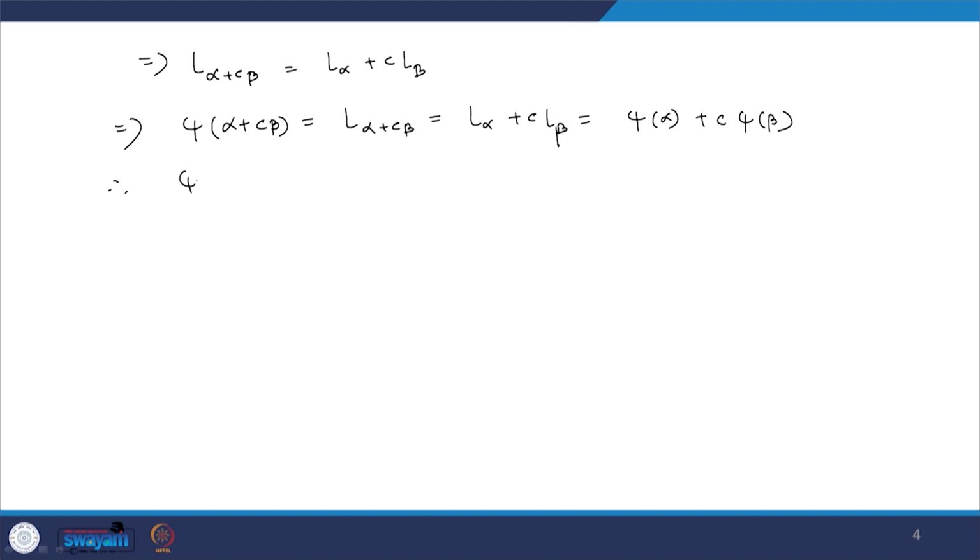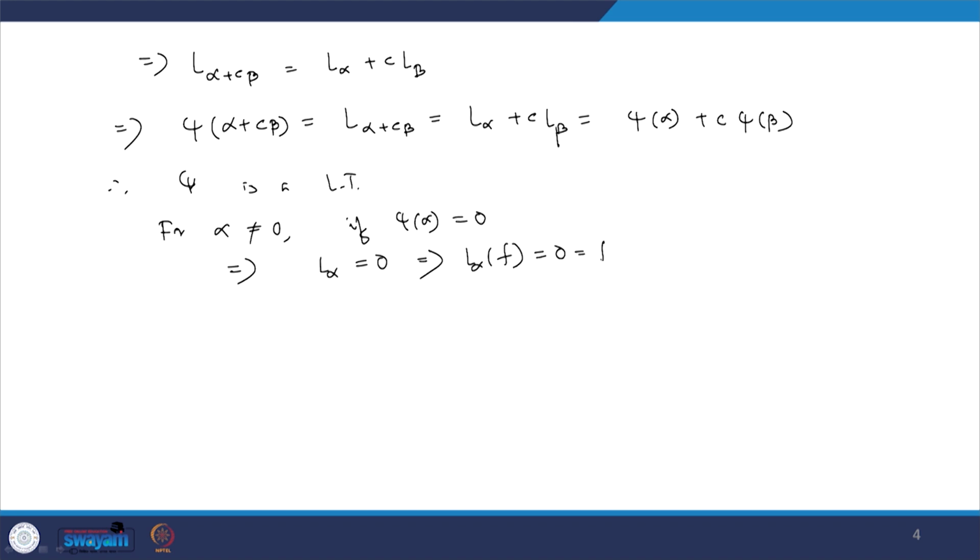So, psi is a linear transformation. For alpha not equal to 0, if psi of alpha equal to 0 implies that L alpha equal to 0. So, L alpha is basically a linear functional on V star. So, this is equal to 0 implies that L alpha operating on any f equal to 0, which is equal to f of alpha for all f belongs to V star. But we know